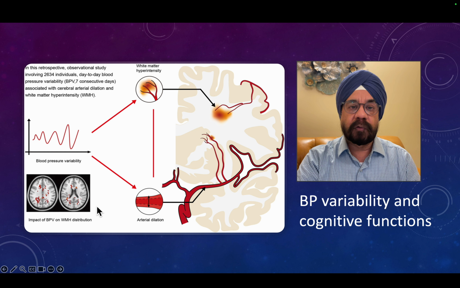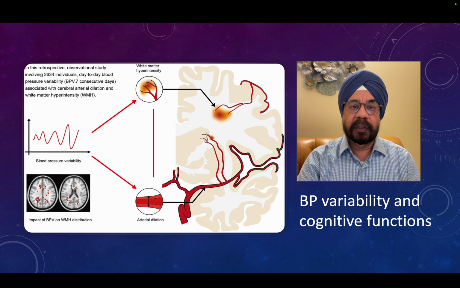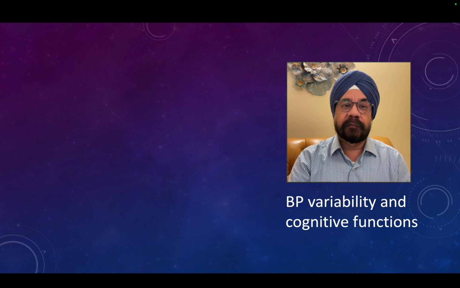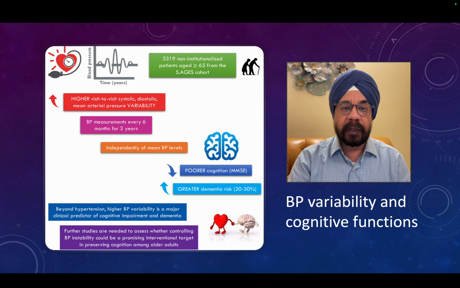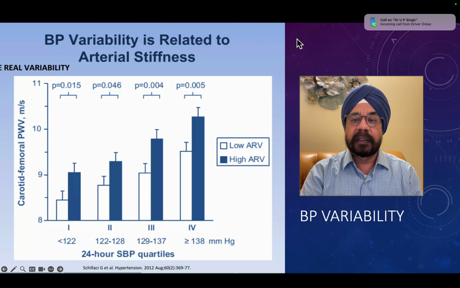These are the events showing that the incidence of hemorrhagic strokes is higher in the group of patients which have higher blood pressure variability. So we've understood that not only that, the incidence of cognitive dysfunction happens more in those who have higher blood pressure variability. The incidence of dementia is high, and the cognitive functions are lower in patients who had higher blood pressure variability. So very, very important data that you have.